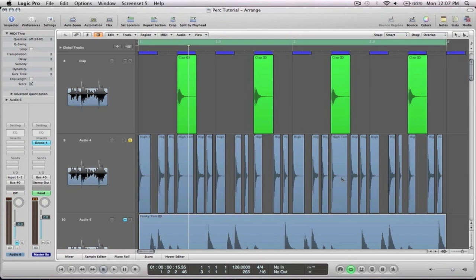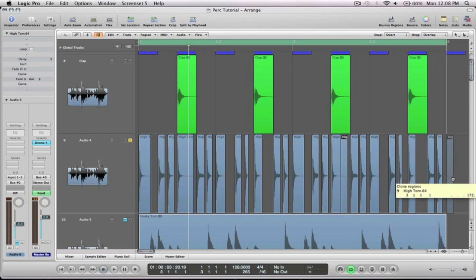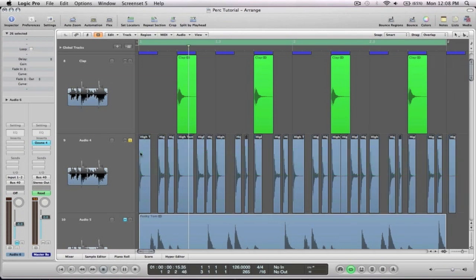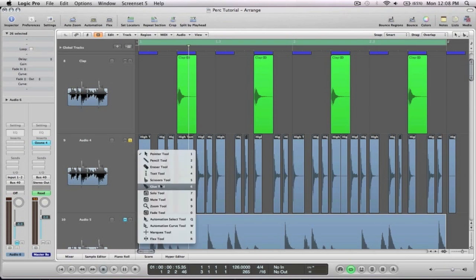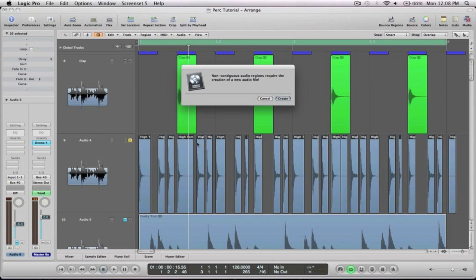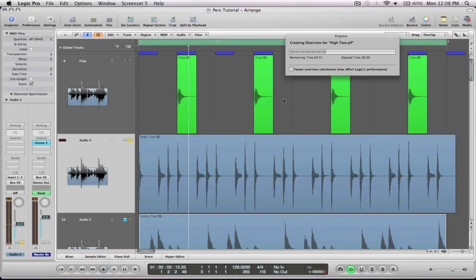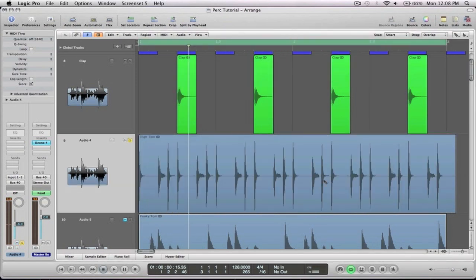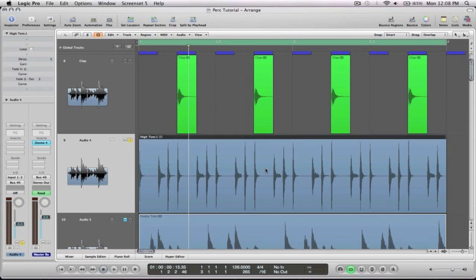From here what I would do is take a little bit of audio to the end, highlight the whole region, glue the region together, create, and then this brings the region back together as a whole. Cut the end off. Then from here, with the track selected and the region selected,